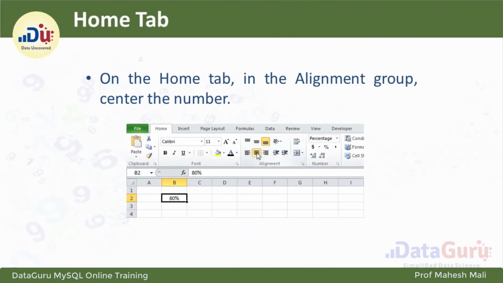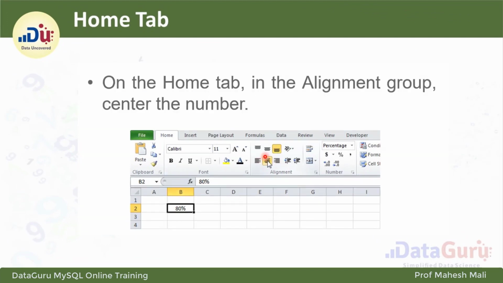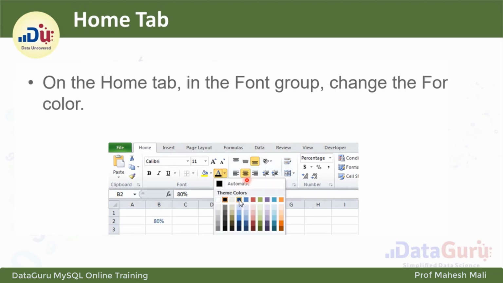Next, the home tab. In the home tab we have alignments. You can see the alignment, top, bottom alignment. We have font, just now I have demonstrated. Then the percentage is a format. So all these possibilities we can do with the help of the home tab. Next is text editing.